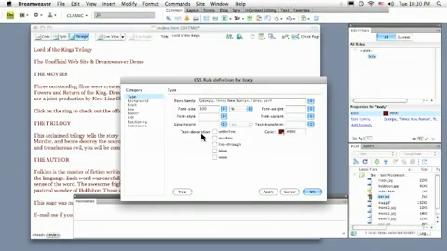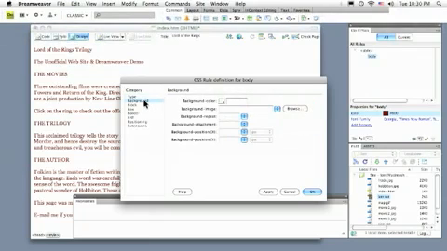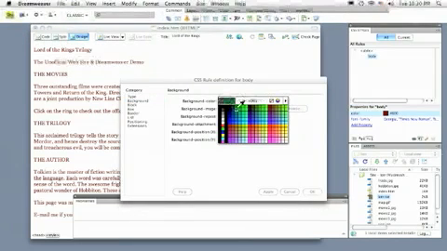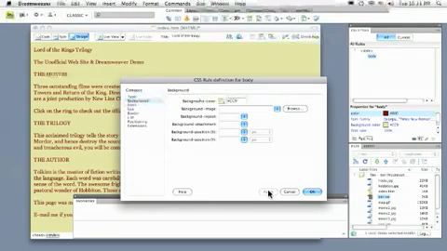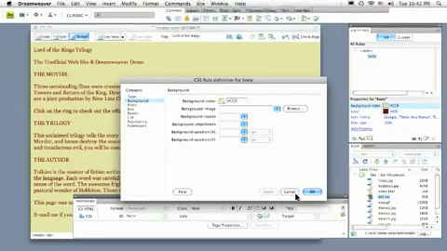The next thing I'd like to do is to set a background color, and now I'm setting the background color for my entire page. Again, I can go to this little drop down menu and I can pick a color. I'm looking for kind of a khaki color for right now, and I think that will do. Let's hit the Apply button and see what that looks like. Oh, that's not bad. I'll go with it for now. I'm ready to click the OK button,